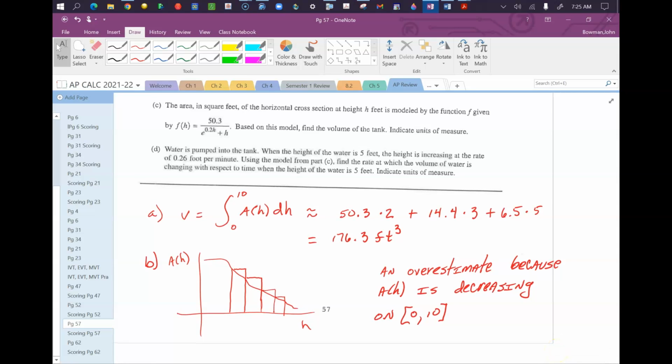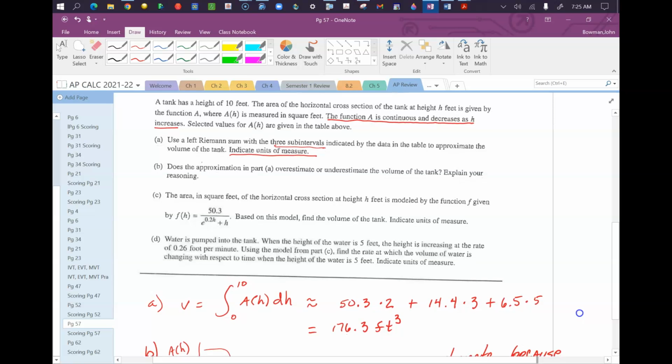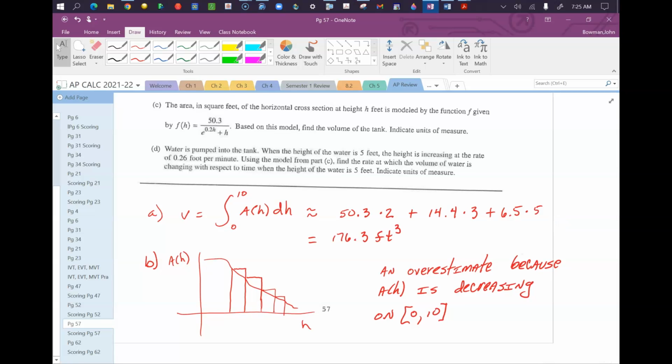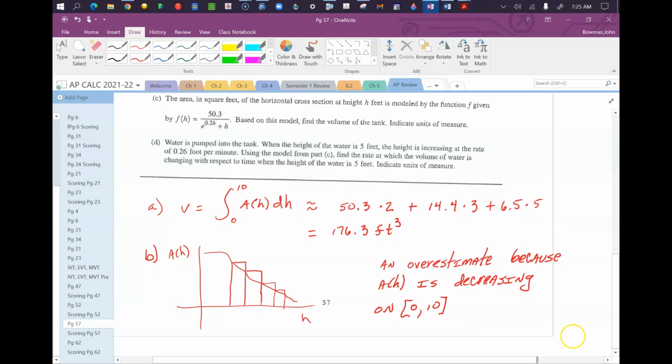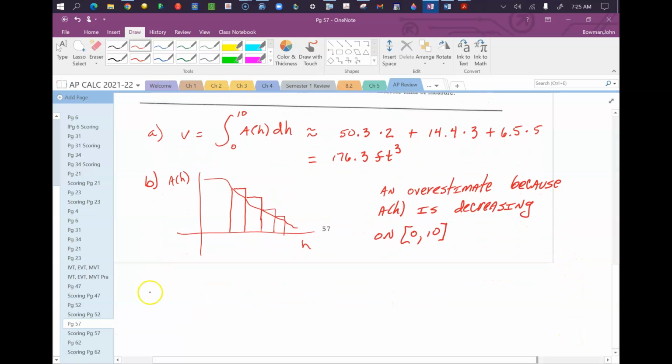I found this a little bit confusing because earlier they told you the horizontal cross-section is given by A of h. Basically they're saying, oh, now it's changed. So we're going to do the same thing in C that we did in A, except we get to use a calculator to find this integral. For C, we find volume by integrating the area of the cross-section from 0 to 10, which is f of h dh, and using your calculator, that turns out to be approximately